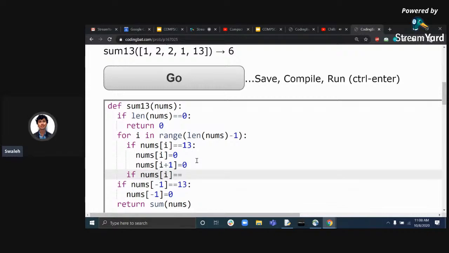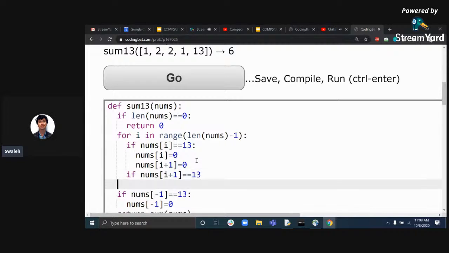Okay, so we can say if nums I plus 1 is equal to 13, and then you want to set that to 0 as well. Yeah, cool. Nifty question. Wait, no, if nums I plus 1 is equal to 13, then you'd want that and the adjacent number to be 13. But then what if I plus 2 is outside of range, right? Yeah. Okay, so